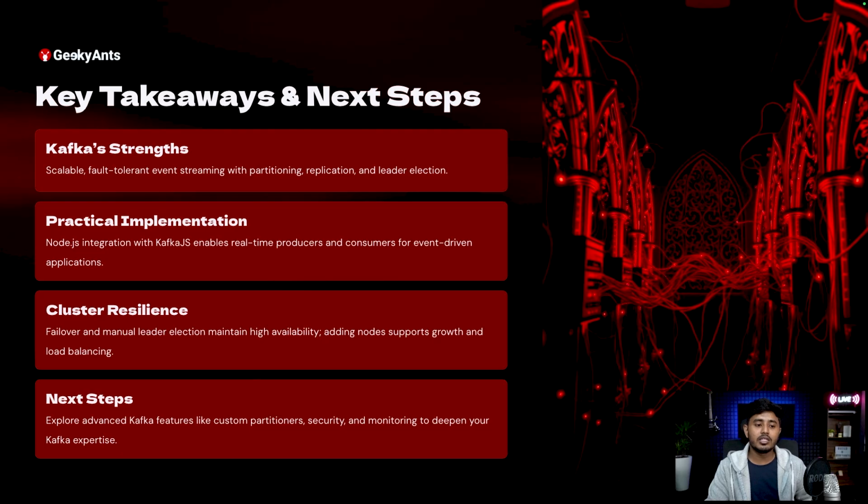And then we have seen its cluster resilience. That means we have seen how a failure of a broker will lead to manual leader election or automatic leader election. So this provides high availability. Then it supports load balancing as well. What we can do is we can explore more advanced Kafka features like custom partitions, its security, how it is managed, how it can be monitored, and